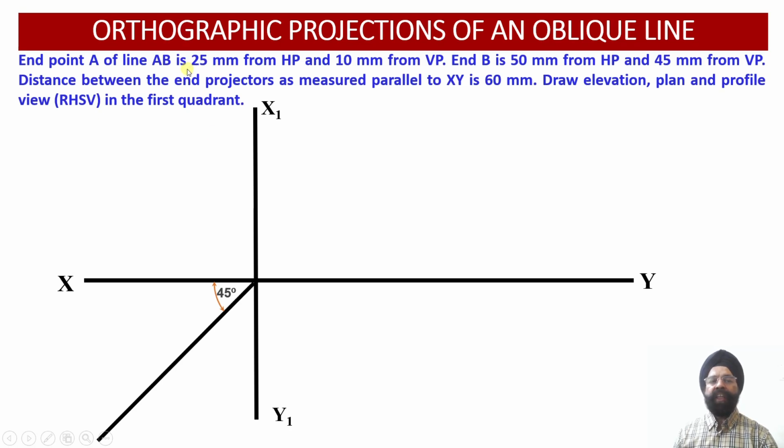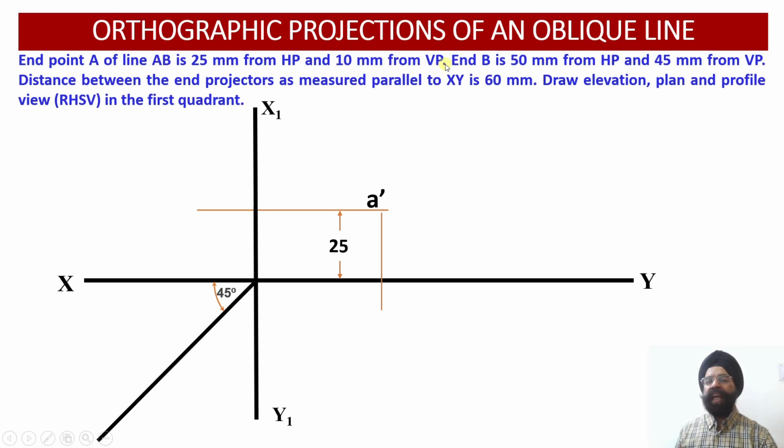We have been provided with the coordinate locations of the point A, assuming that point A is located in quadrant number 1. So the distance of point A above the horizontal plane will be 25 millimeter, and the distance of point A from the vertical plane will be 10 millimeter in front of the vertical plane. The front view projection, that is A dash, will be drawn 25 millimeter above the XY reference line, and onto the same vertical projector line below the XY reference line, depending upon the distance of the point A in front of the vertical plane,